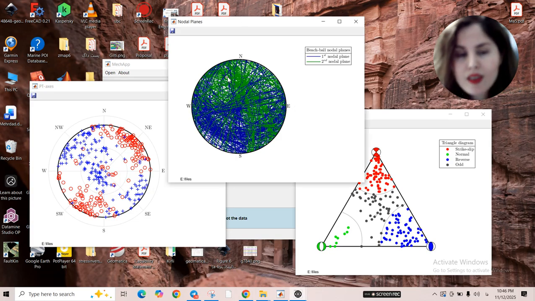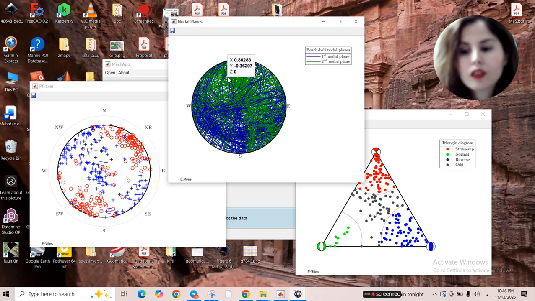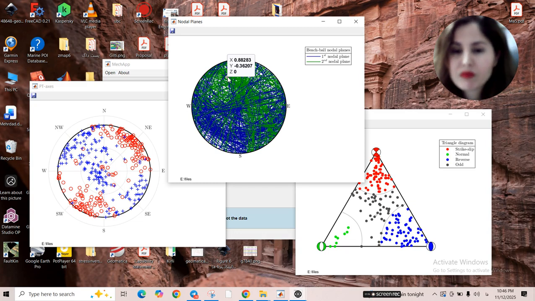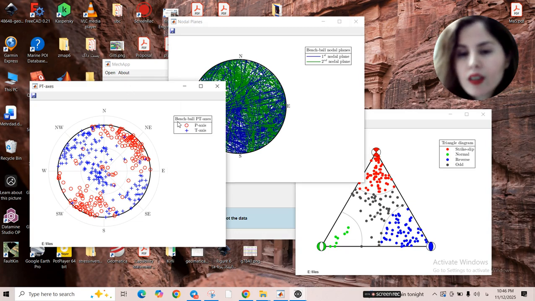A stereonet that helps us to understand the general orientation, and this stereonet includes P and T axes that help us to understand main